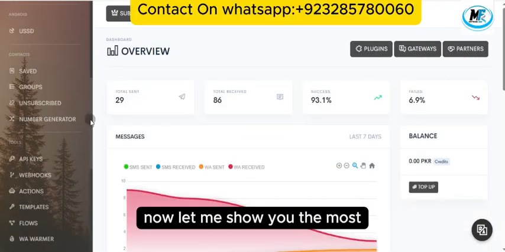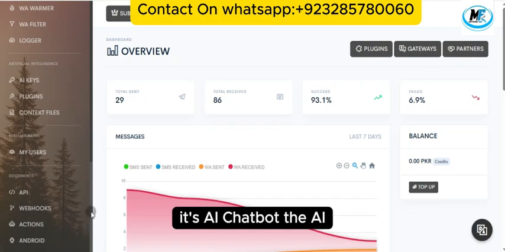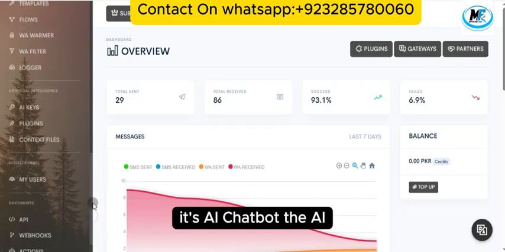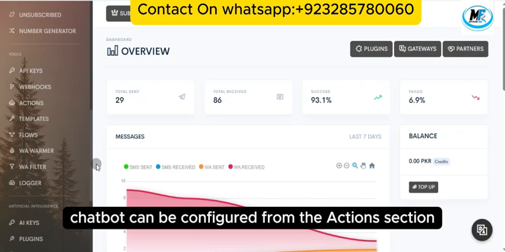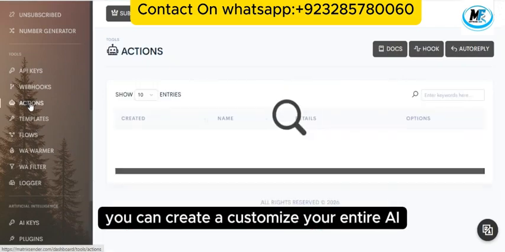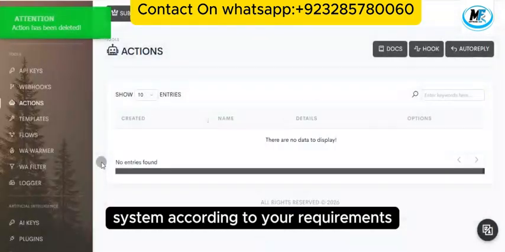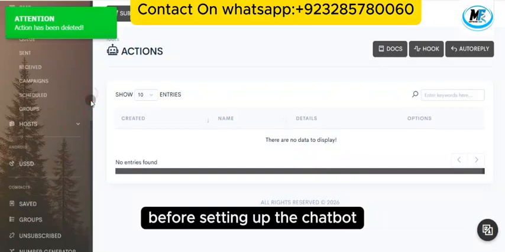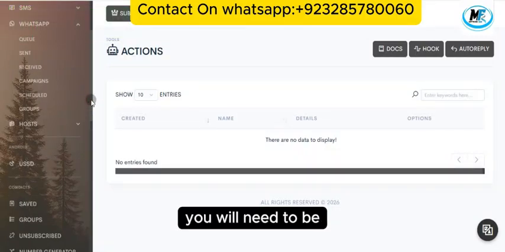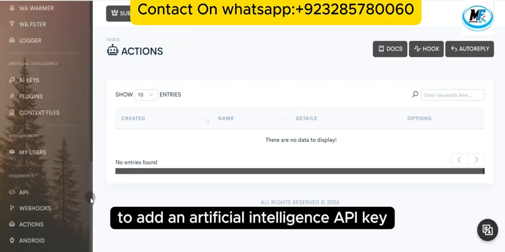Now, let me show you the most important feature of this software. It's the AI chatbot. The AI chatbot can be configured from the options section. Inside this menu, you can create or customize your entire AI system according to your requirements. Before setting up the chatbot, you will need to add an artificial intelligence API key.